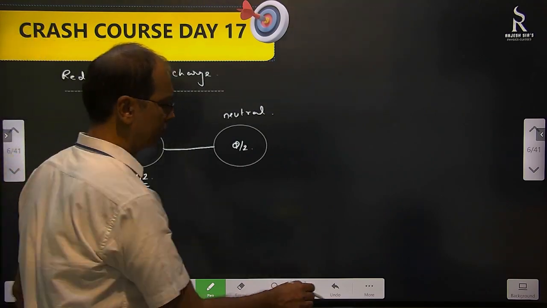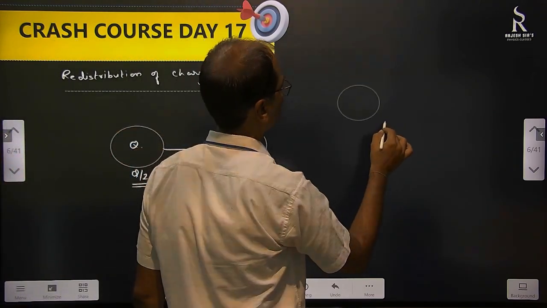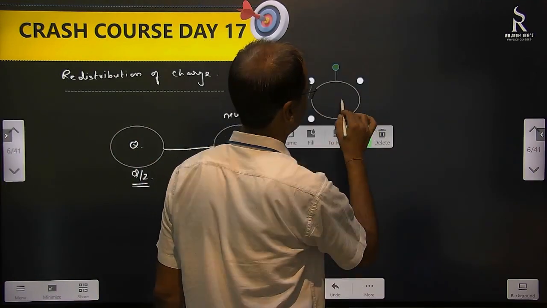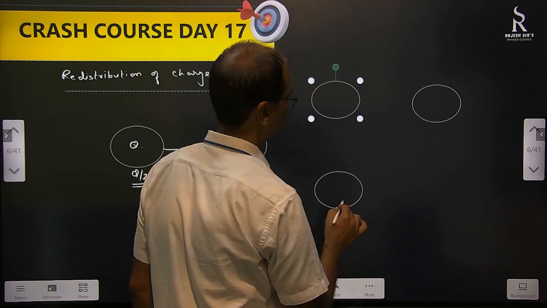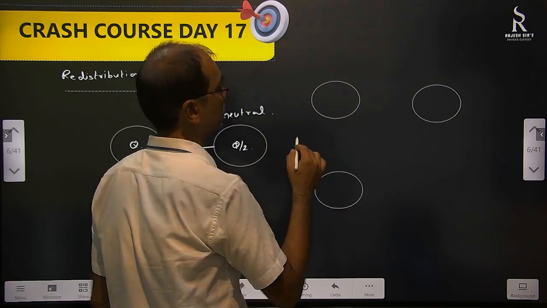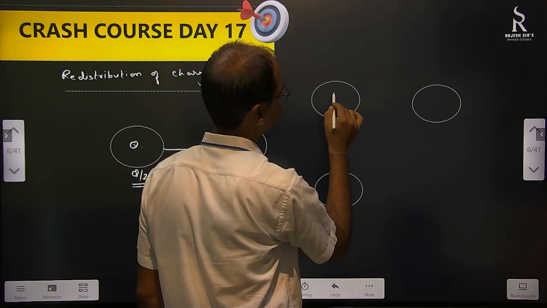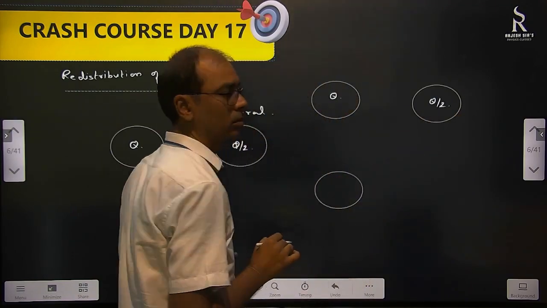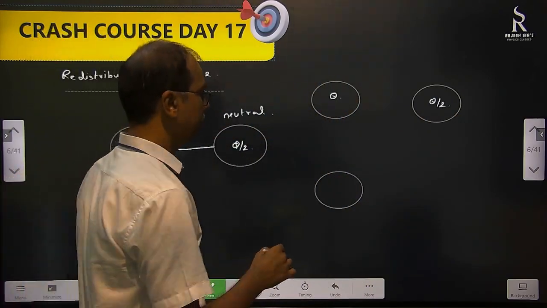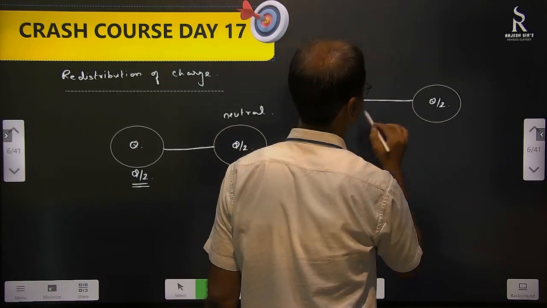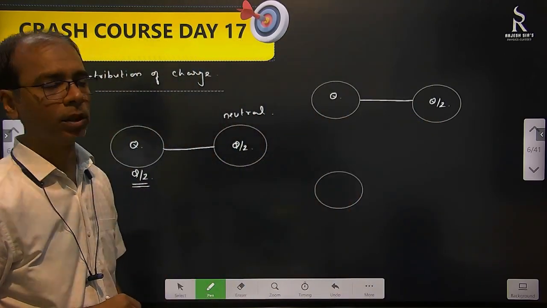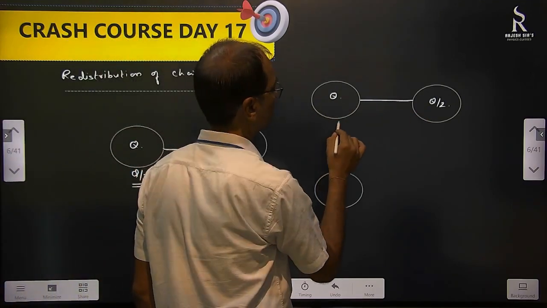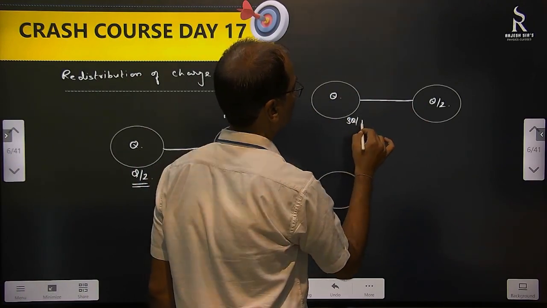If suppose we have one here, another one also we can make here. One more we can make here. So first, let's say the charge on this is q and the charge on this is q by 2. Then we connected them. Then what will happen? We said that both will get the same charge. So at the moment, what is the charge on them? 3q by 2. So this will become 3q by 4 and this will become 3q by 4.